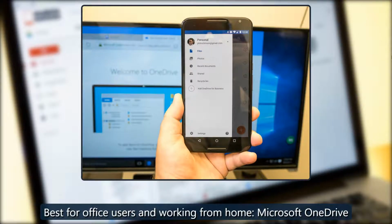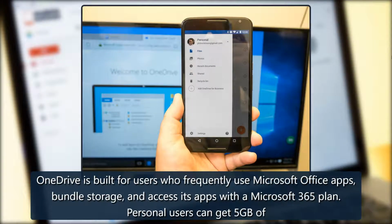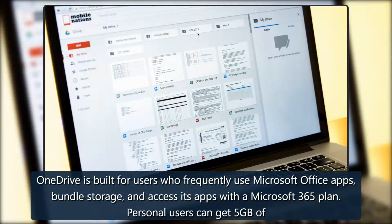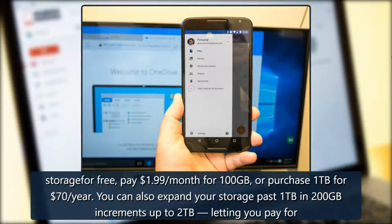Best for office users and working from home: Microsoft OneDrive. Source: Android Central. OneDrive is built for users who frequently use Microsoft Office apps, bundle storage, and access its apps with a Microsoft 365 plan. Personal users can get 5 gigabytes of storage for free, pay $1.99 per month for 100 gigabytes, or